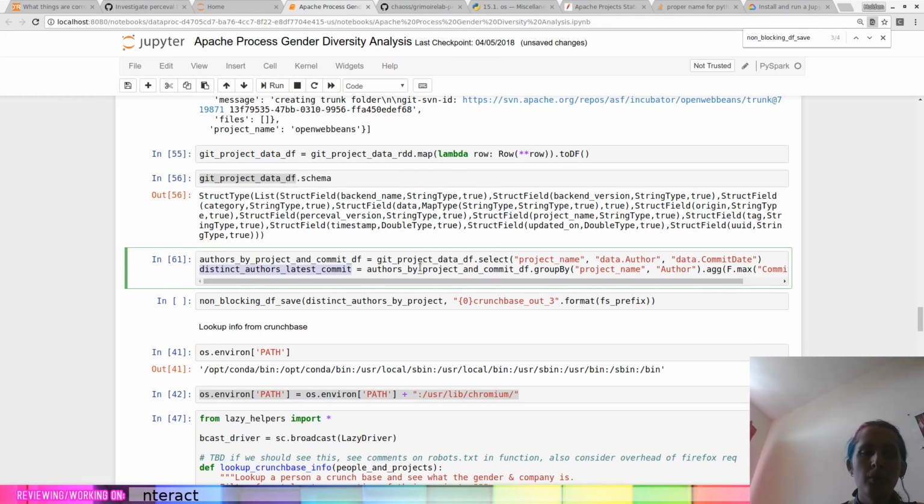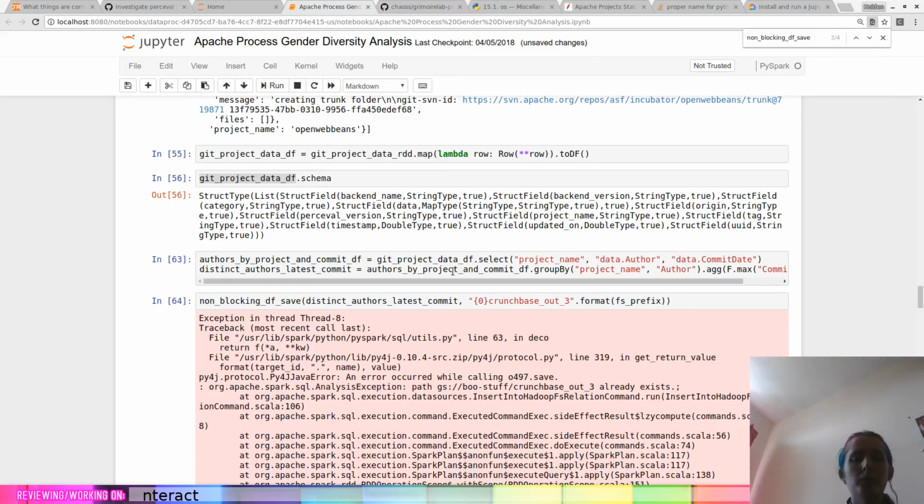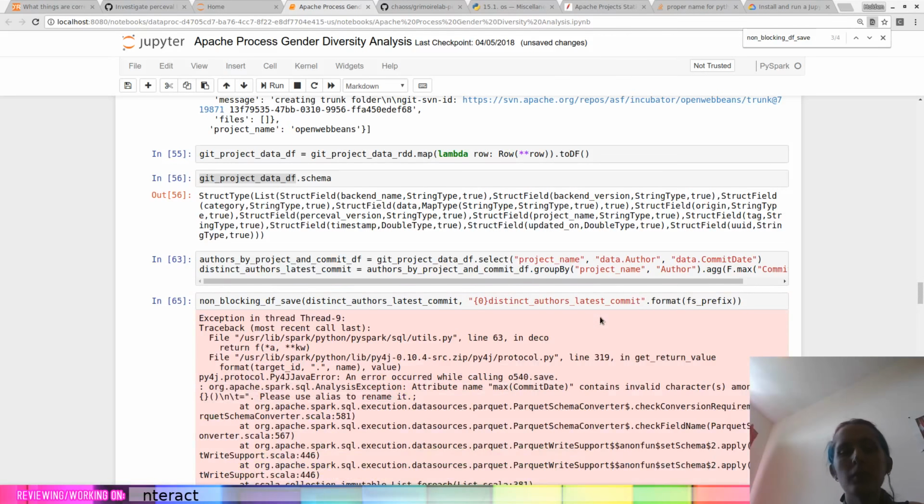And let's find out what I did wrong. Okay, cool. Oh, yeah, this is not Crunchbase out. This is now distinct authors latest commit. Cool. There we go.